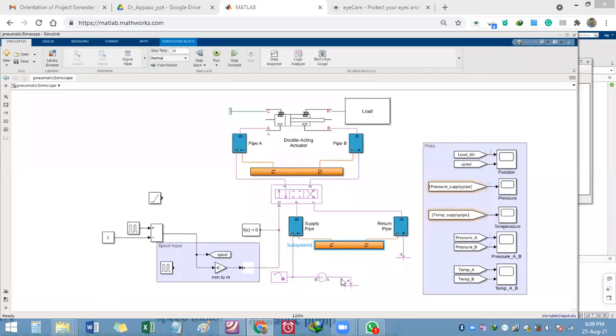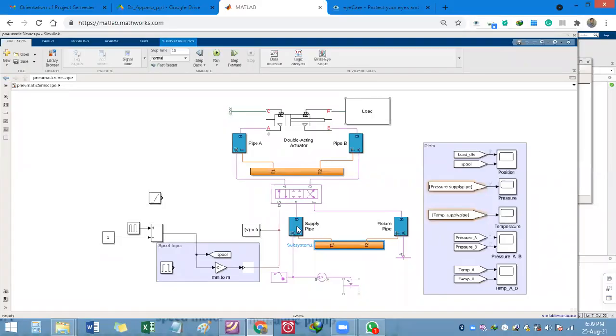Okay, so here is the reservoir, pump, then pipeline, then this one is denoting the directional control valve, and here is again a thermal reservoir which will take into account any thermal loss. Here again we are using two pipelines. This one is the double acting actuator, and the load.